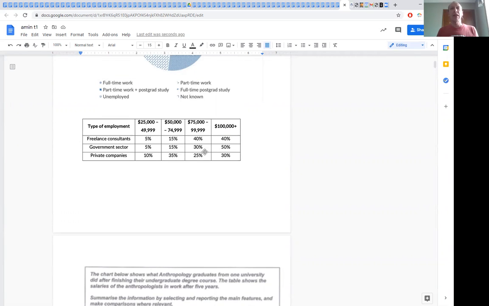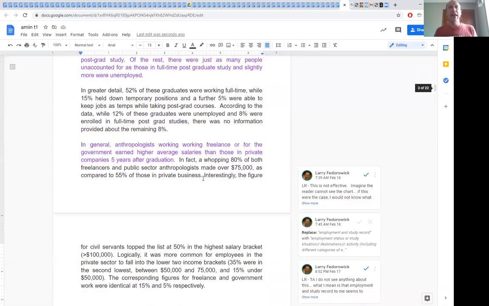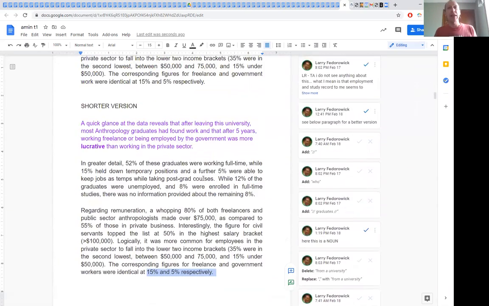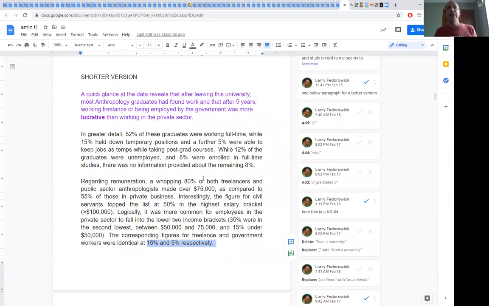As I said, I could have introduced these and these as well, and maybe these figures as well, but I didn't think it was as important as making that distinction between the higher people and the lower ones. Yeah, so that's how I would classify the data. I think this version here would probably be good enough to actually get you a good mark in your writing.